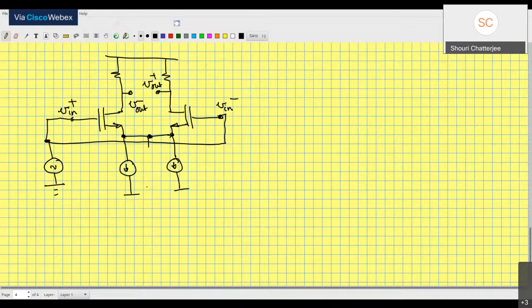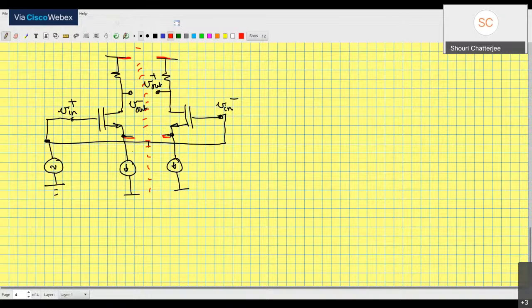Now, what can we say about the current in these two wires, in all these wires? The current in these two wires is going to be equal to 0 because you can have an axis of symmetry over here, right? You can break it up. Both sides of the circuit you are exciting equally. So the current through these branches is going to be equal to 0, which means that you are perfectly entitled to break up the circuit over here, break up the circuit over here.